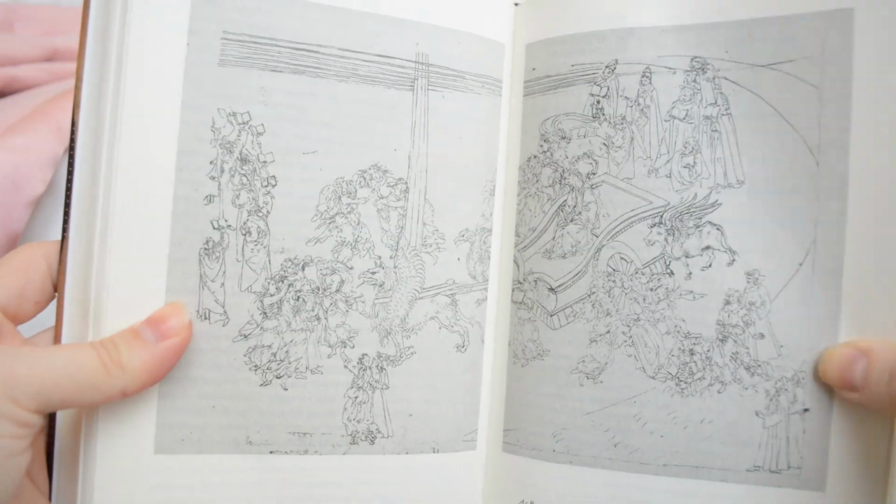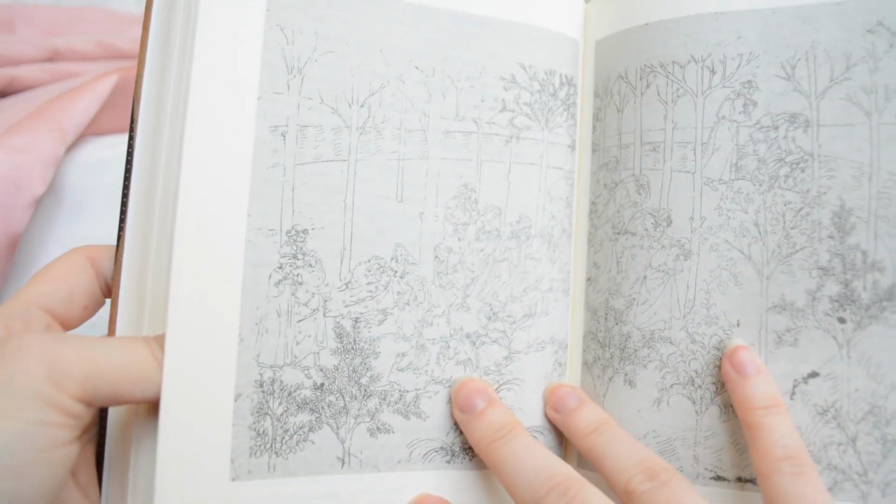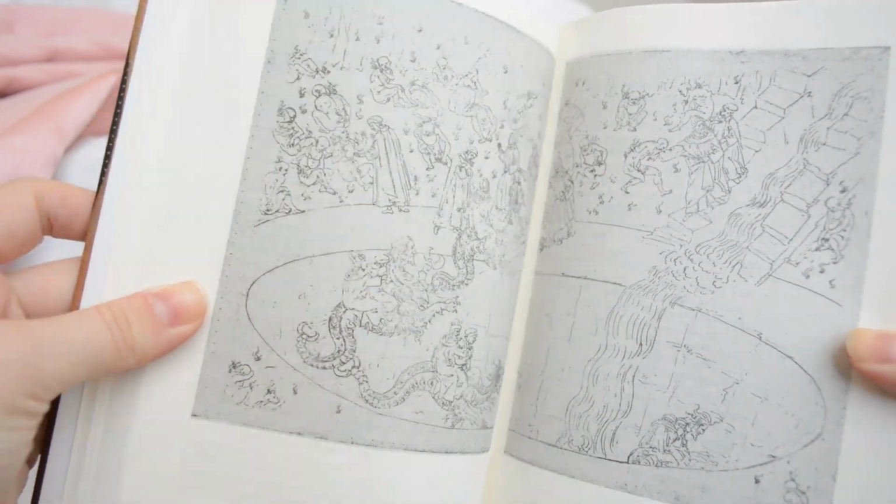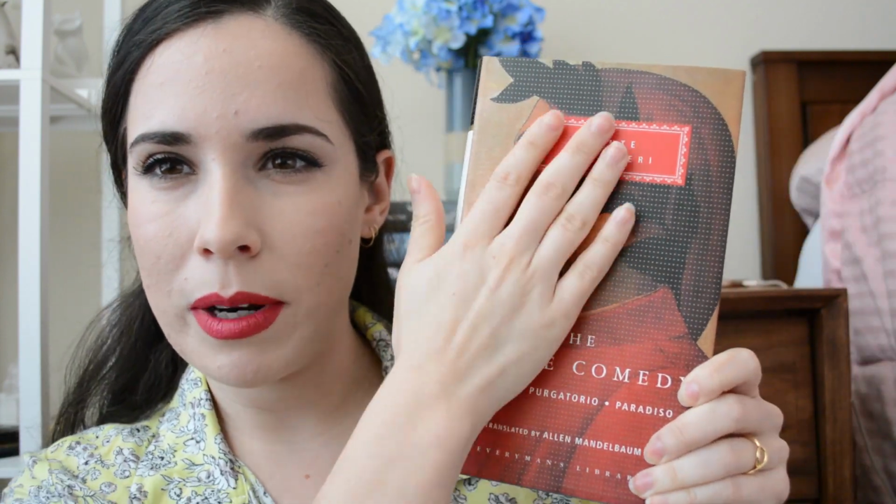I always butcher names. I'm not even going to try. But this is the Divine Comedy, and it is all 3 parts. It's Inferno, Purgatory, and Paradiso. This translation is by Alan Mandelbaum, and what I was talking about, I'm going to have to show a closer